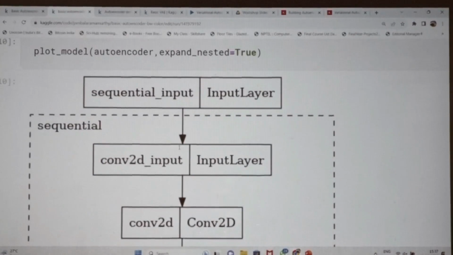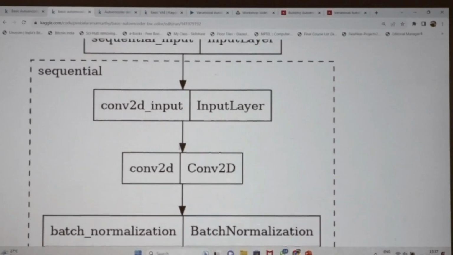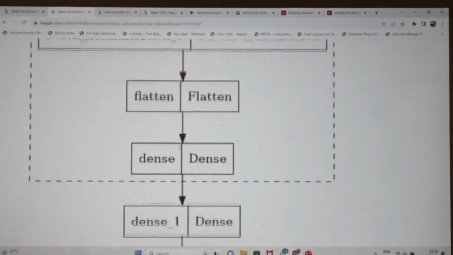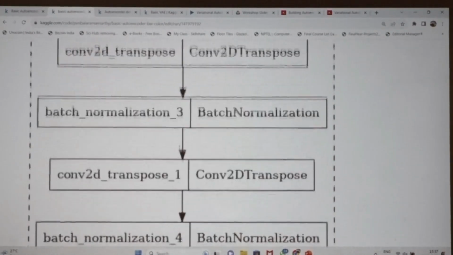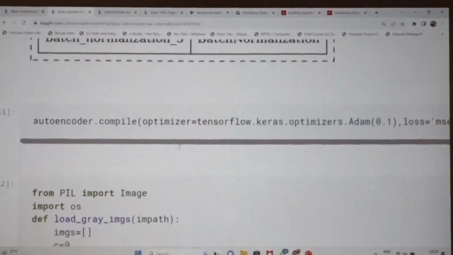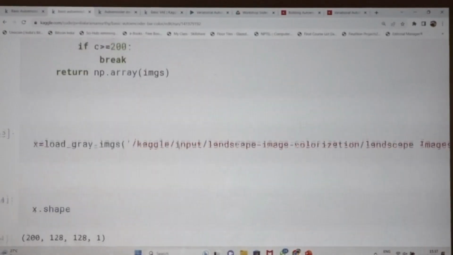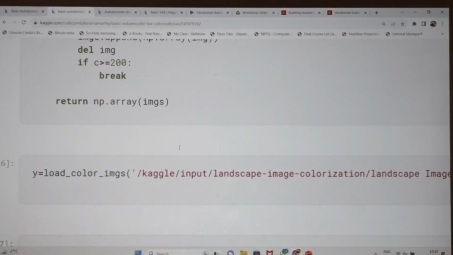See here, this is the complete picture, whatever I have shown you. This is the encoder, this is the input. The dotted line is the encoder. After the encoder, I am giving a dense layer, and then the decoder. After the decoder, compiling. After compilation, I am loading the images X, and loading the color images, Y equal to load color images.